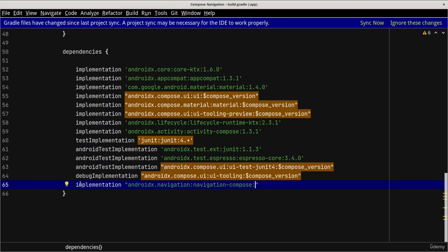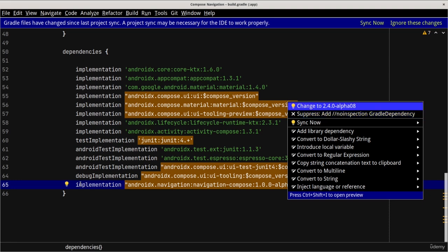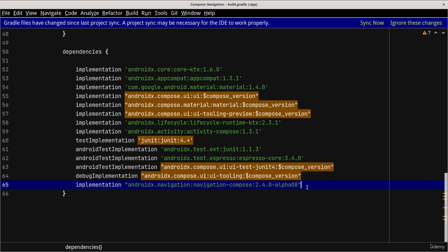And because I don't know the exact latest version of this library, I use a minimum version like 1.0.0-alpha01 and then press Alt and Enter to take advantage of Android Studio's intelligent version recognition, and the latest version is changed to 2.4.0-alpha08. Okay,